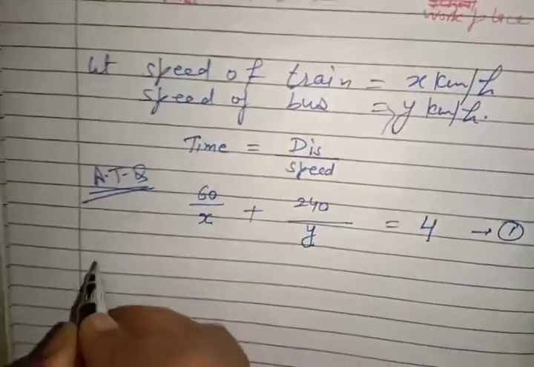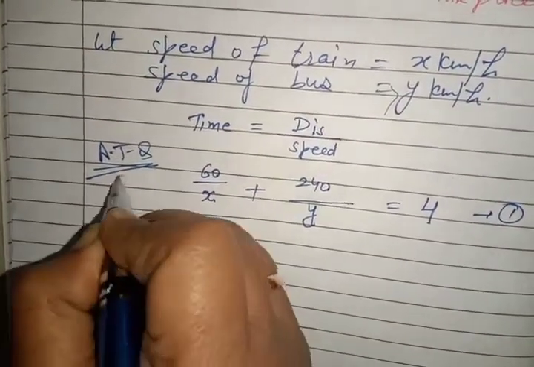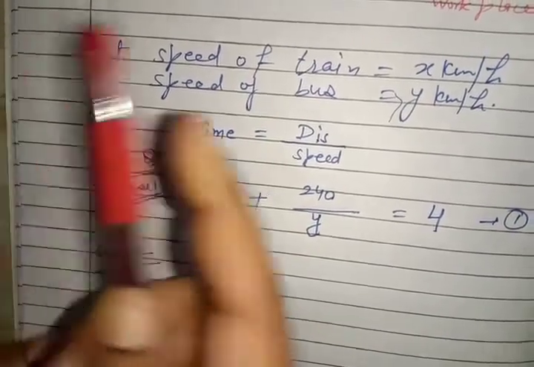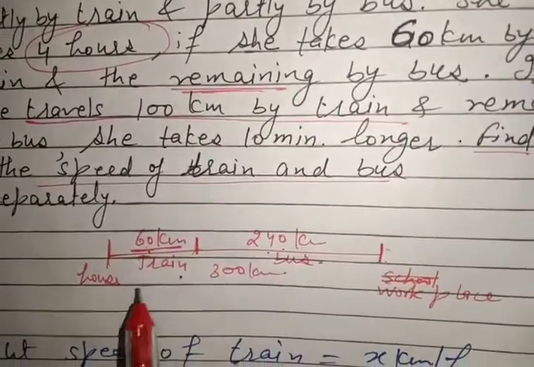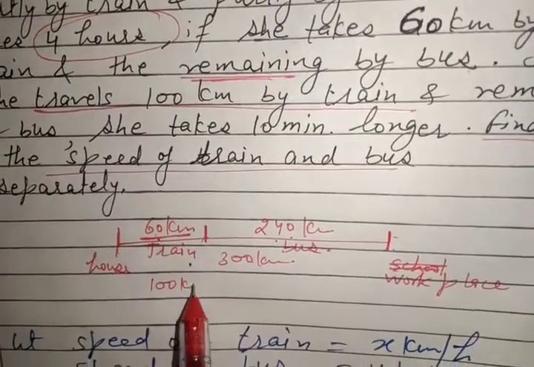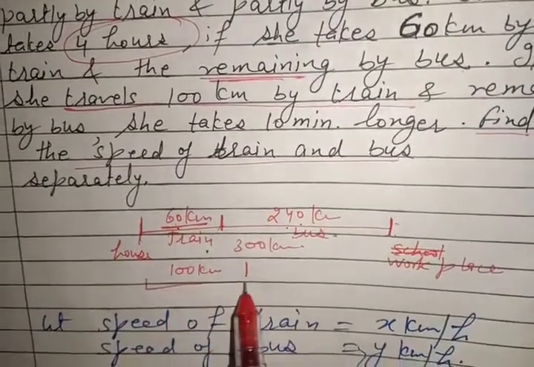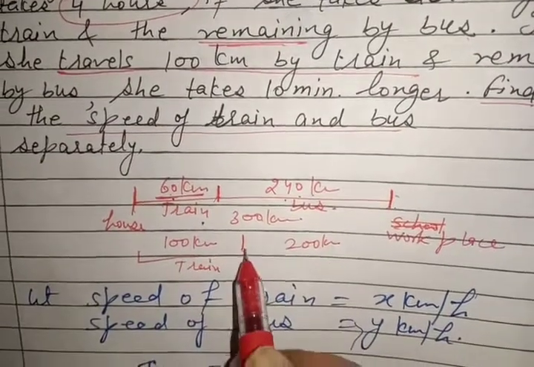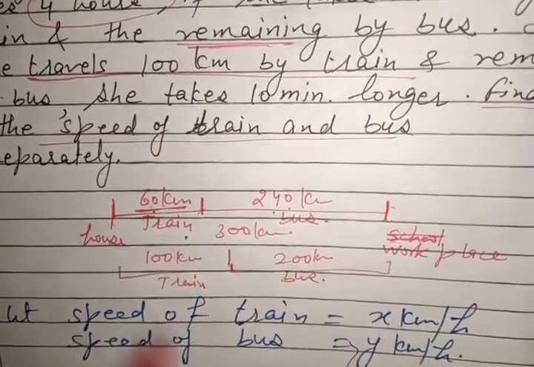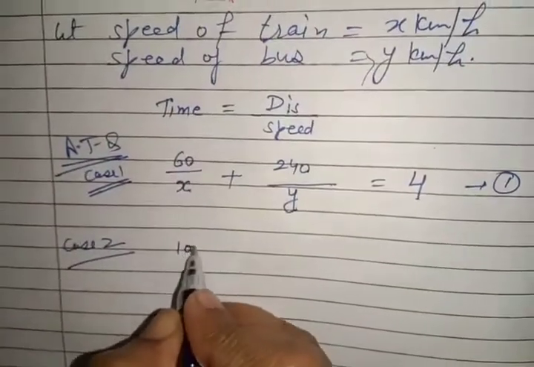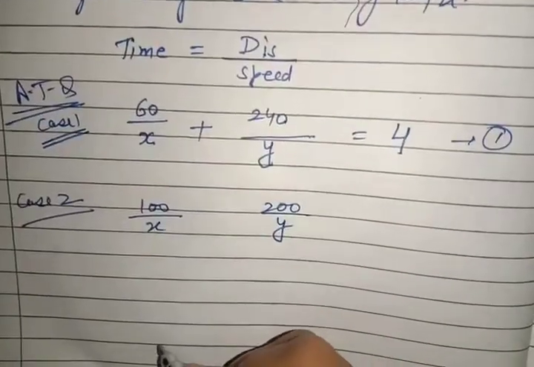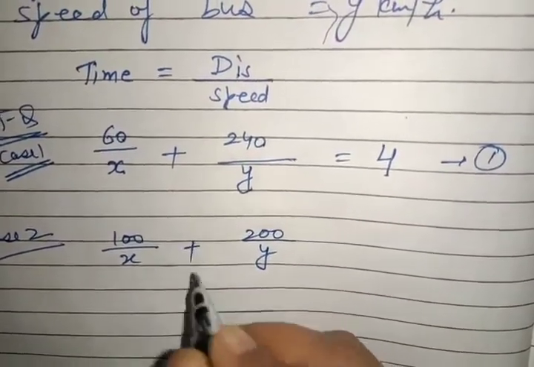Now case 2. This is 1. The second case says, just read the question again, she travels 100 by train. Now second case, 100 kilometers by train. And how much is remaining? 200. 200 by what? Bus. So the equation is very easy this time. 100 by train and 200 by bus. And the total this time is...